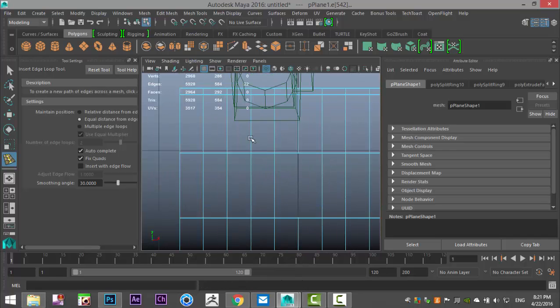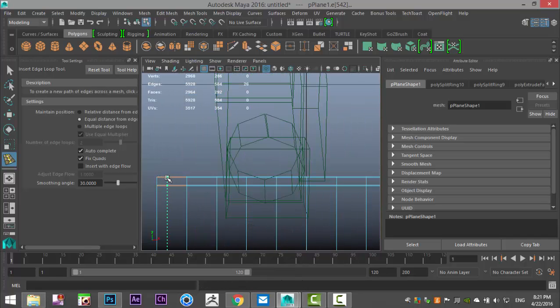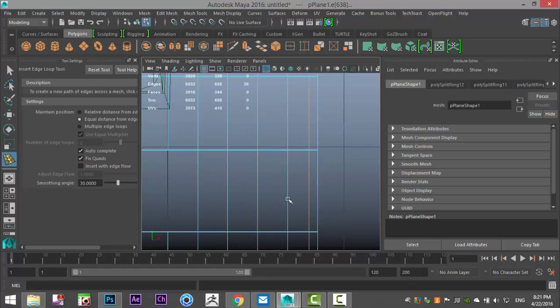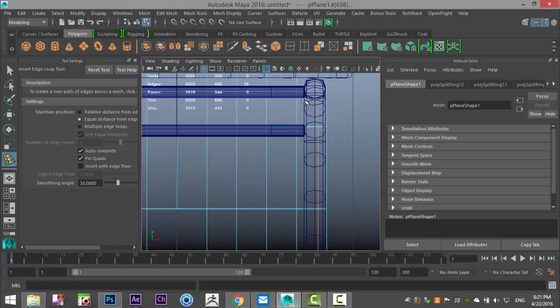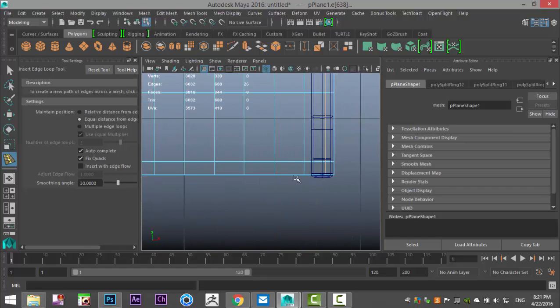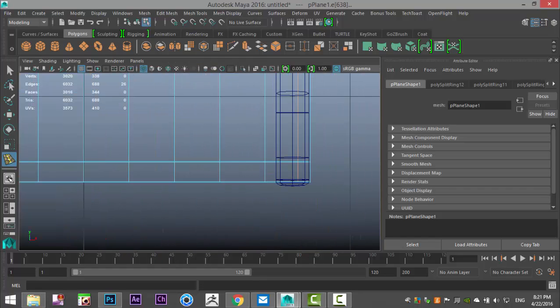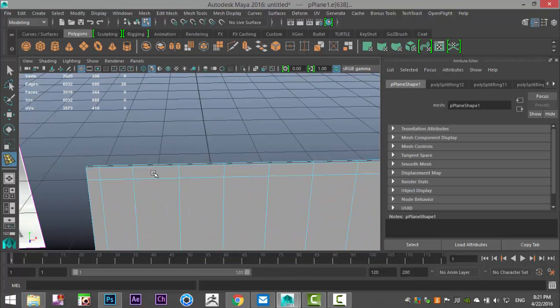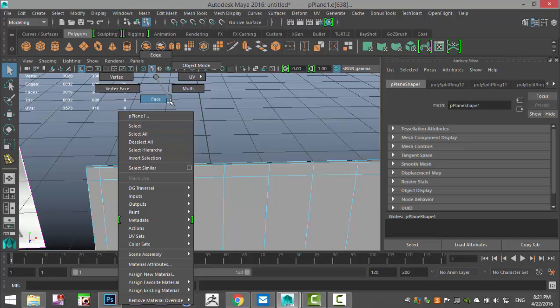And then we'll zoom in and we'll do one here and make this area roughly square. We'll do one here, same deal, and have a look down here to see if it looks okay. And it looks okay. All right. We're going to jump into our perspective view and we're going to right click at a face,